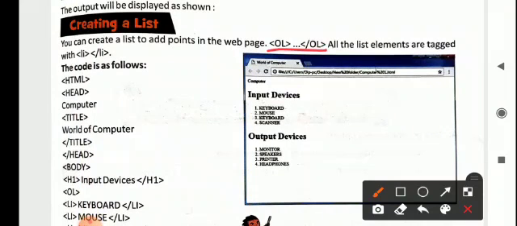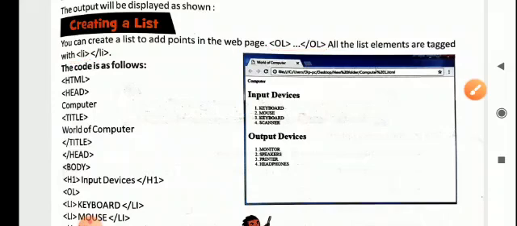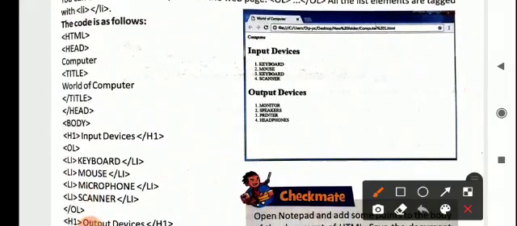So, we have the OL tag. OL is an abbreviation of ordered list. Okay, we need to write the OL short form only, not the bigger expanded one. And whatever item we have to write goes in LI. LI means list item. Okay, so again it's a short form and a container tag. So again, till here you have to write as it is, and from the body you have to start your listing.